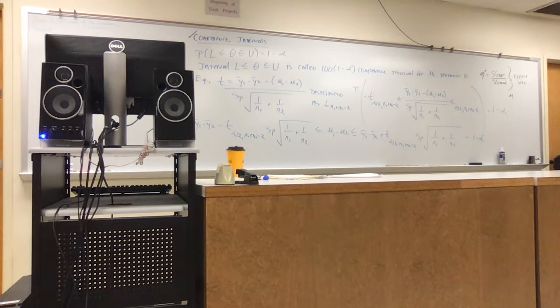So I see the parameter, and I get an estimator. What's that estimator going to be? Well, it could be the sample mean, probably a better estimator than the sample median, because that's the population mean. I'm going to use the sample mean to estimate mu. Sorry, let me go with y, because we've been using y a lot. So there's the mean of y, I'm going to use that to estimate mu.